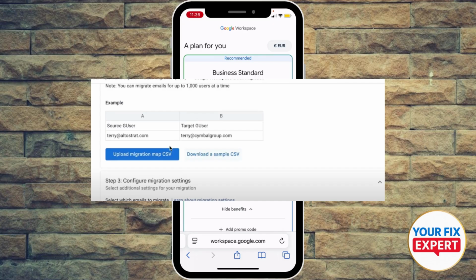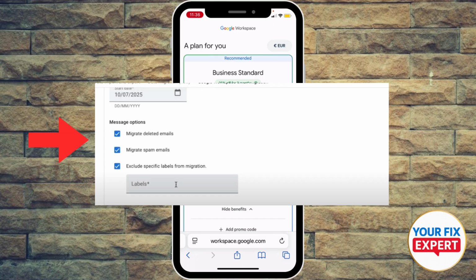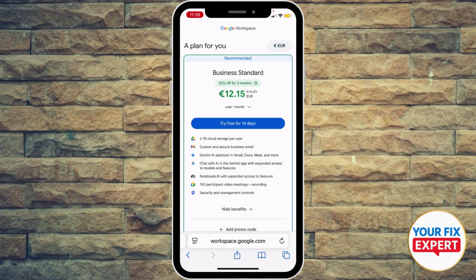And choose the data type, email, contacts, or calendar you want to migrate. Then provide the source administrator credentials, map the users, and start the migration process to transfer data from the old to the new